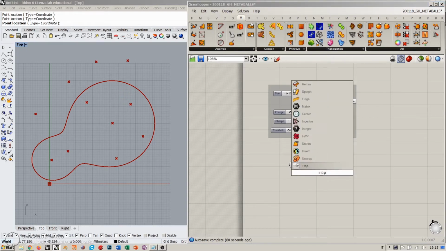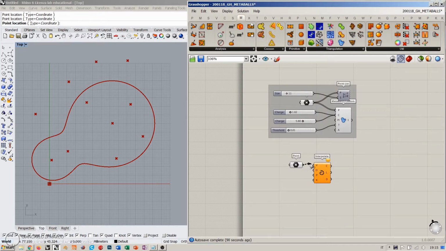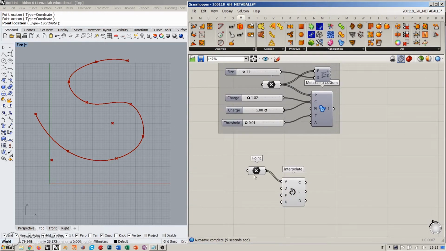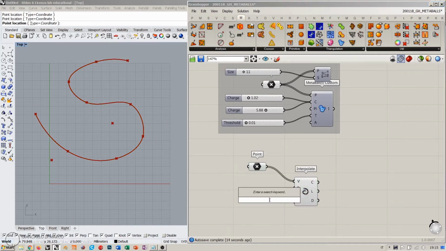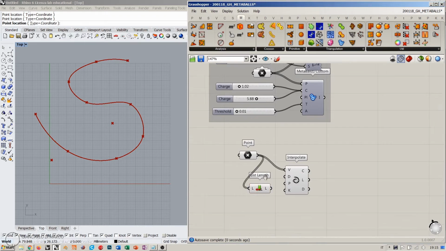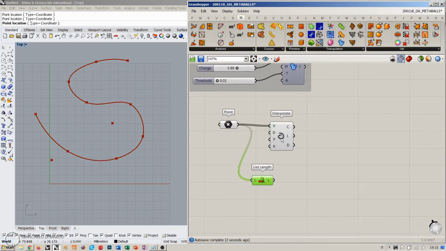Also, we can visualize this curve by drawing an interpolate line like this, and so we have this nice organic shape here being generated by these points. I will also count the amount of points here, and what I want,